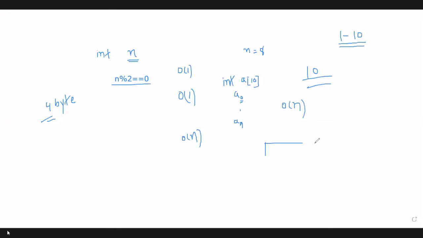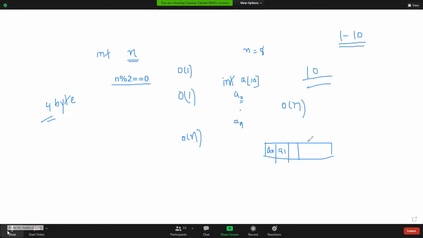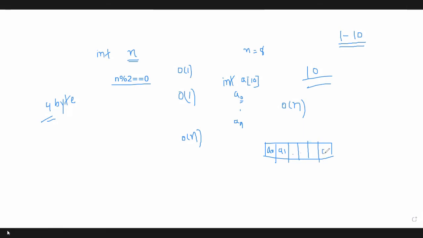Suppose this is the memory, okay? The first element A0 will take this memory location. If this is an integer type variable, it will take 4 bytes of memory, right? And the next element will take 4 bytes of space. In this way, we can declare how many data elements? 10. Total 10.